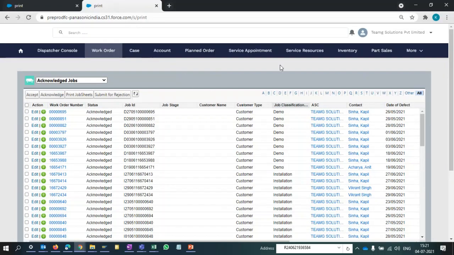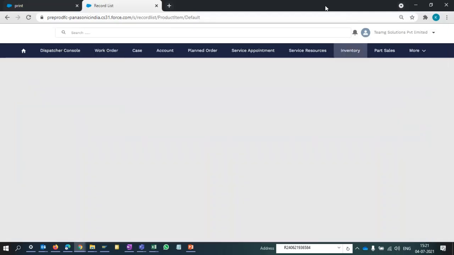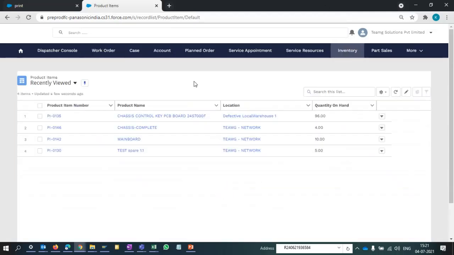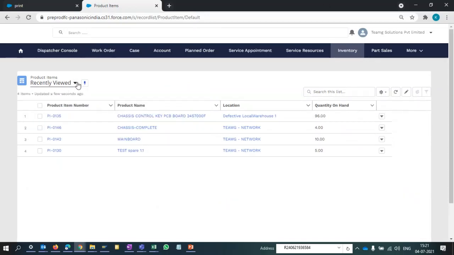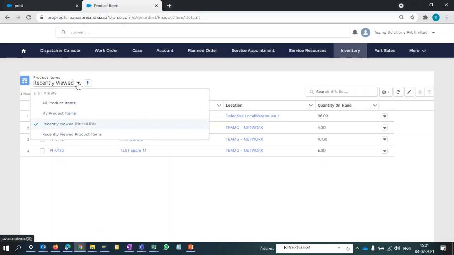Okay, so there is a function menu called inventory. Inventory has all the available quantity in the service center inventory. By default, you will go to a recent view, the last information we have viewed.